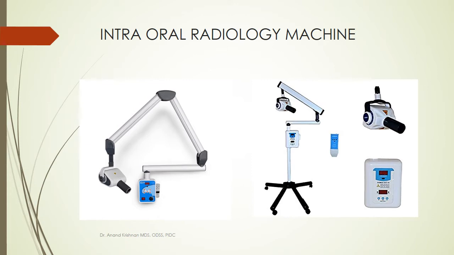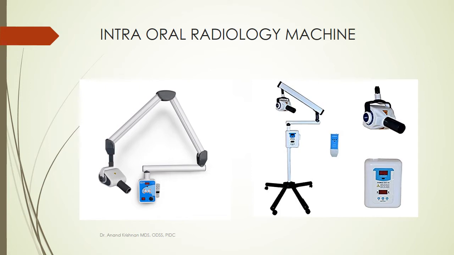Previously this used to be a very elaborate one, but recent ones, due to the advancement of digital technology, now give you prefixed measurements, that is you just choose the tooth and the size of the patient, that is more than enough for exposure. So there is a control panel, and among this, you see something like a remote near the mobile unit, that is called a trigger, which will be outside or beyond the barrier from which the operator will expose, so that only the patient or the X-ray gets exposed, no one else gets X-ray exposure. So this trigger will always be placed outside or behind a barrier.